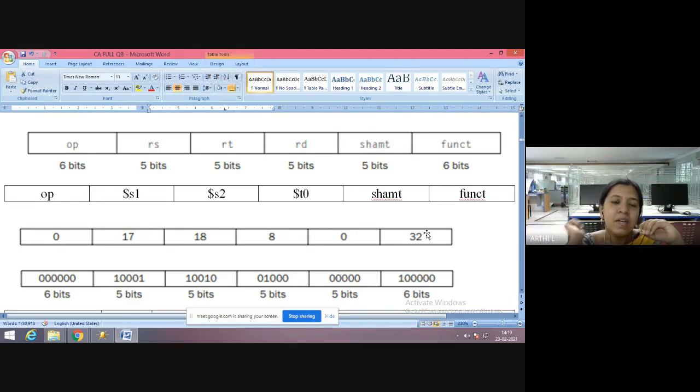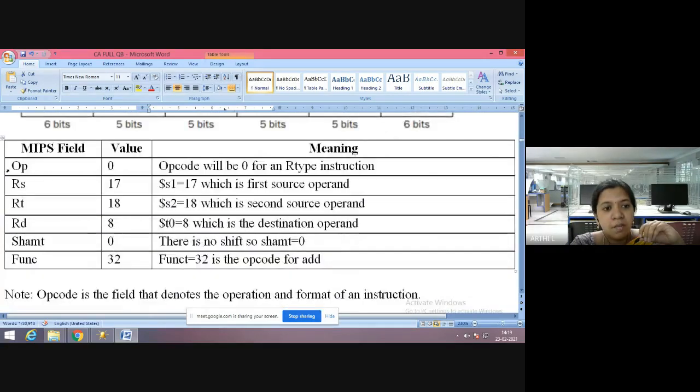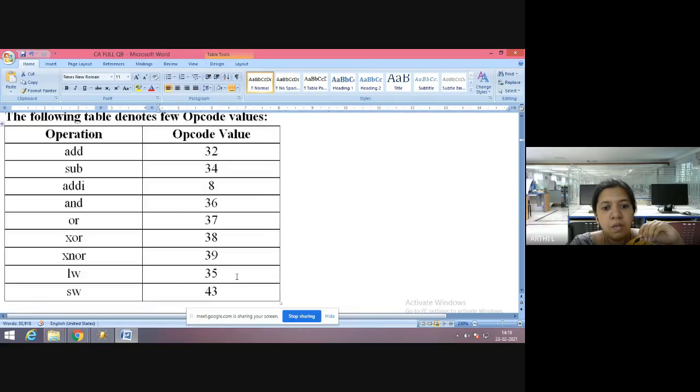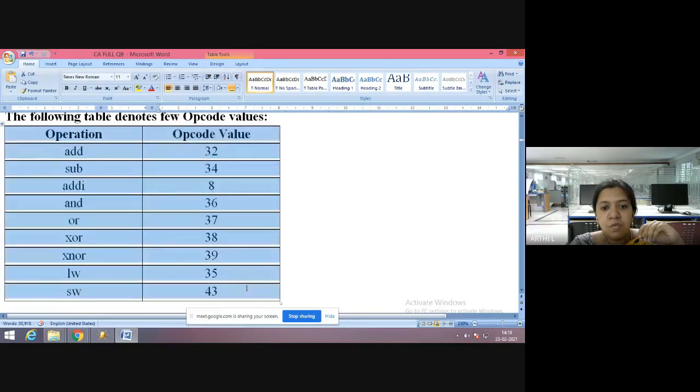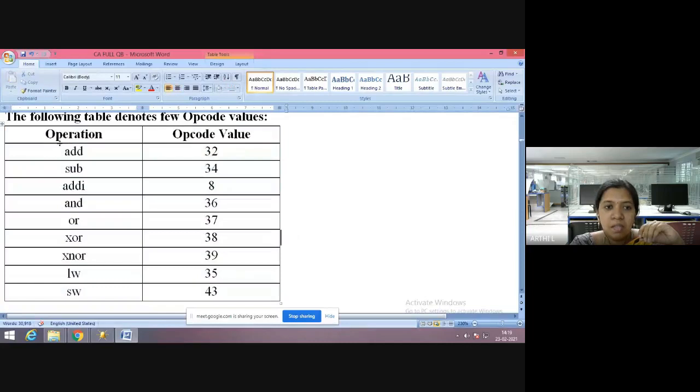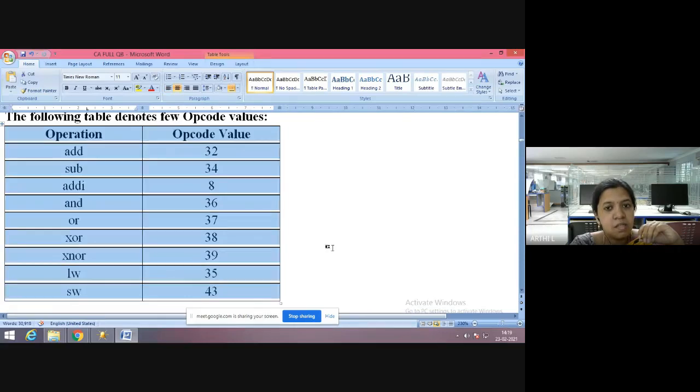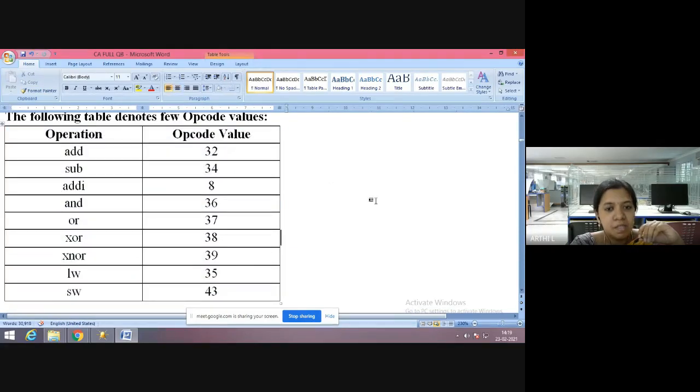Opcode is a definite code. That will be given to you and cannot be changed. It is predefined in the processor itself. So this happens, and you have to understand that. Opcode is 0 for any R type instruction, and if it is an I type instruction, the first field will not be 0. These are definite instructions which are not in your David Patterson book. You can check with this. You can just learn from this itself.